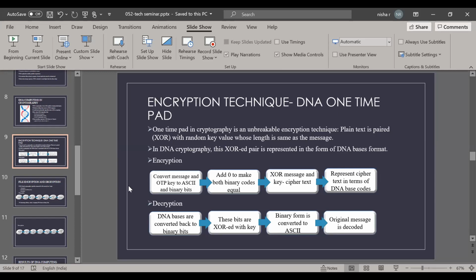It is used for storing important messages, sir, so that no one else can access them. Nisha, go to the slide. You have the answer for that question. Go to that slide and answer.